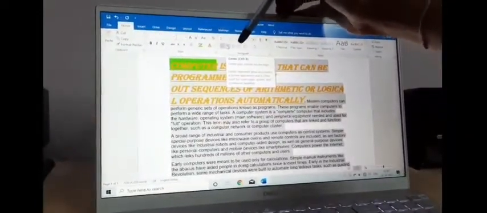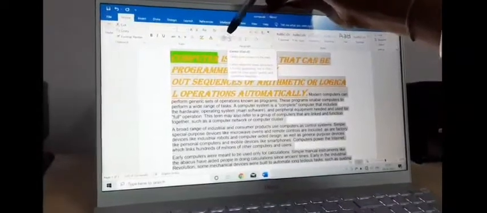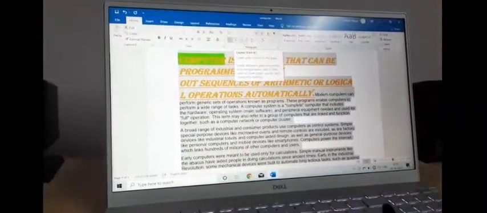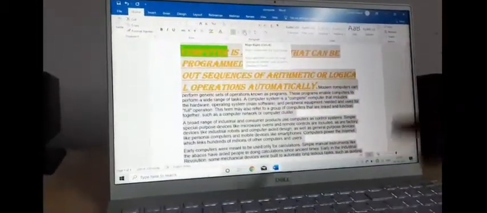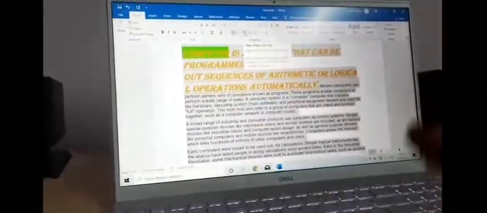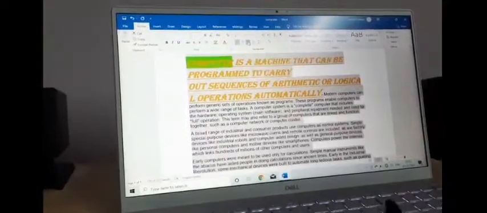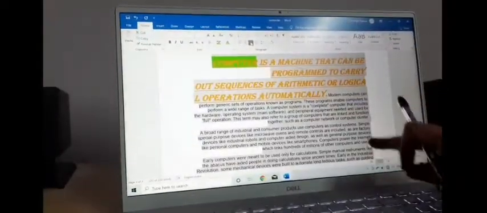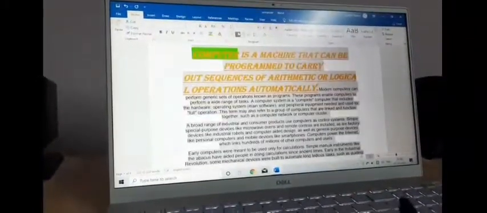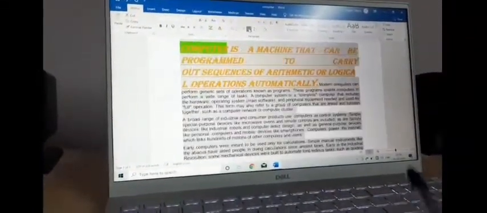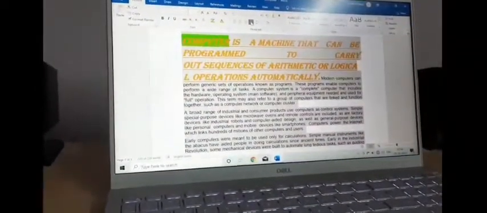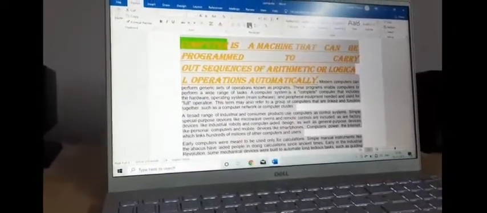1, 2, 3, 4. First one is your left, then your center, then right, and then justified. You can choose accordingly. Let me take the right one. Now you can see right now this side is not symmetrical, this side is symmetrical. By default it is left. Let me take the right one. See, you can see it is a straight line, but there is no symmetry on this side. If you take center, it will appear in the center. And if you take justify, both sides will have the symmetry. Okay, so this is alignment.